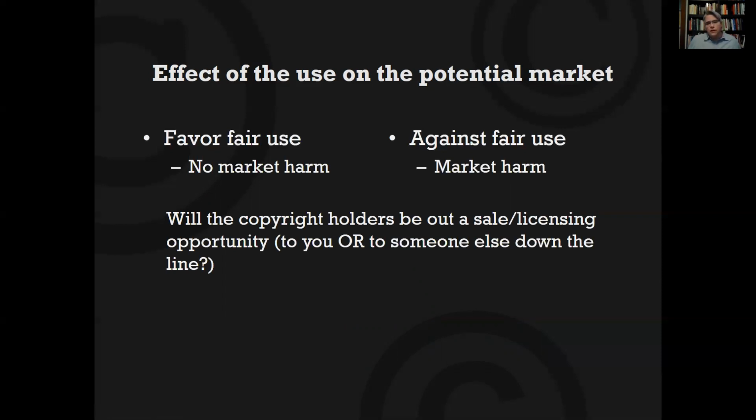This can be a little bit tricky, because it's not just about sales of the original, it's also about licenses. So something that comes up fairly frequently, and a lot right now in COVID, is, I want to assign my students this textbook. It's out of print. Can I scan it for them? Well, out of print does mean that if you scan it for them, you will not be harming sales of the original book. There may be used copies to buy, but those used copies are not sales of the original book. They're sales of used copies. You won't be harming the market for sales of the original book.